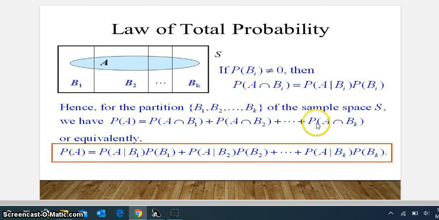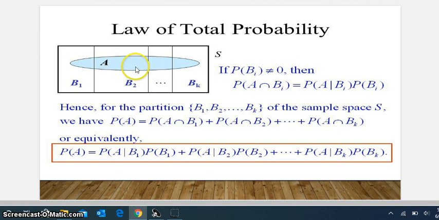So let us come to the law of total probability. This is a very important concept which will drive you to calculate Bayes theorem. So what is the total probability theorem? The name itself says total probability. For example, let us take a sample space S. In the sample space S, there are many events B1, B2, B3 and so on up to Bk. There is an event A which is dependent on B1, B2, B3 and so on up to Bk. So when you want to calculate the probability of A, it is a joint occurrence of A and B1.